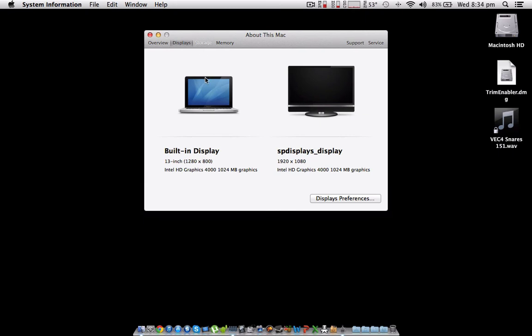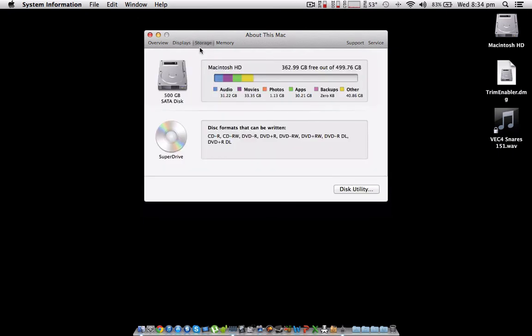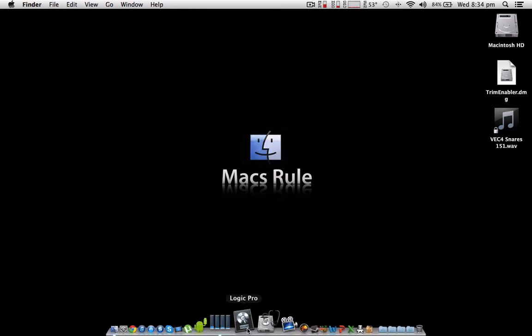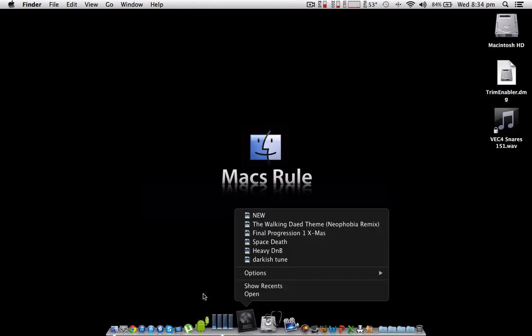And then storage, which will be your hard drive and any other drives that are connected to the system. This one usually takes a little bit of time to load up, so it shows what audio files, movie files, photos, apps, backups and other. And then memory, which is your RAM. I've got 8 gig. I'm upgrading to 16 next year sometime. If you're wondering why, I obviously said earlier, I make music, and Logic, virtual instruments and plugins like to use a lot of